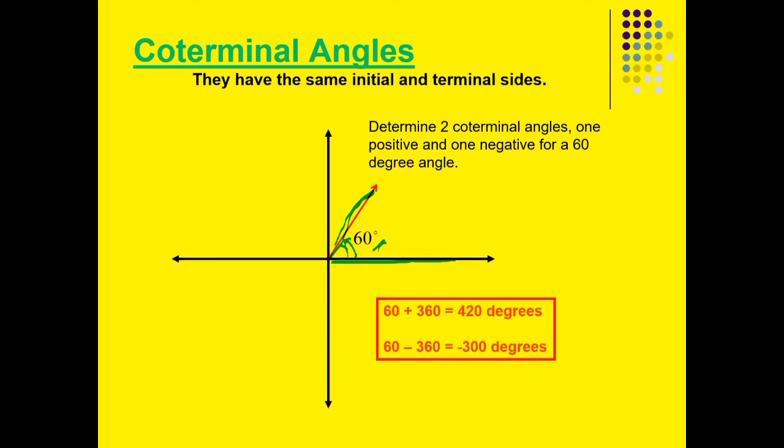And then if we're going to have that one, since we started here in the initial side, then rotating here, and then it ends here. Okay, so we come up with 60 plus 360, because 360 is one complete revolution, one rotation that we have. So we come up now here with 420 degrees.